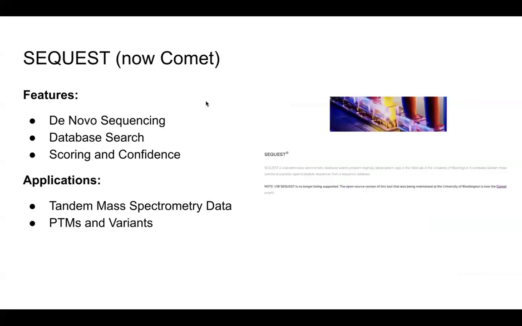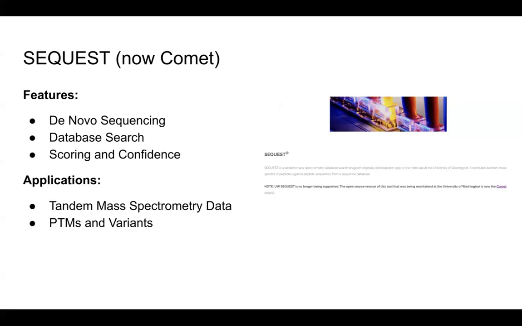Now, an alternative, which is the one I used when I was at the University of Washington, is Sequest. But Sequest is now known as Comet. It changed names because the funding agency changed. But it's another algorithm that's developed by the University of Washington for identifying peptides for MSMS. So it focuses on the analysis of fragmentation spectra to deduce peptide sequences. So in terms of features,